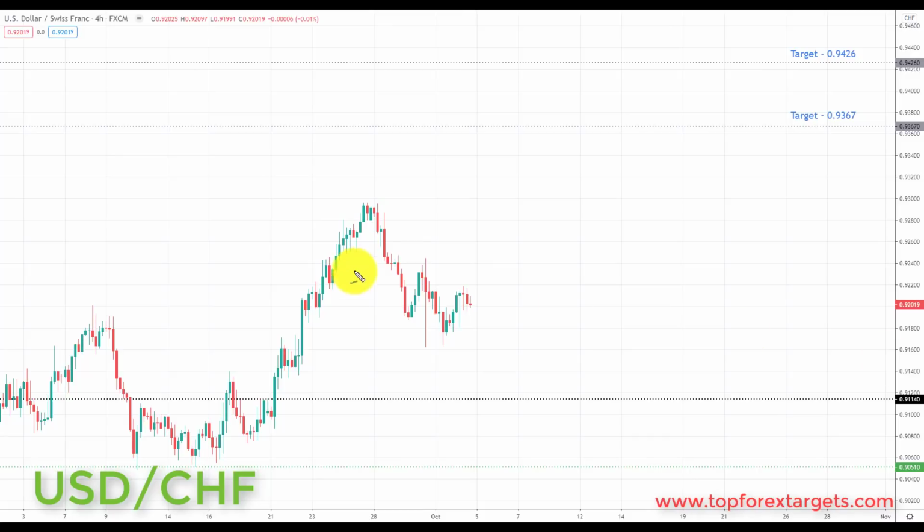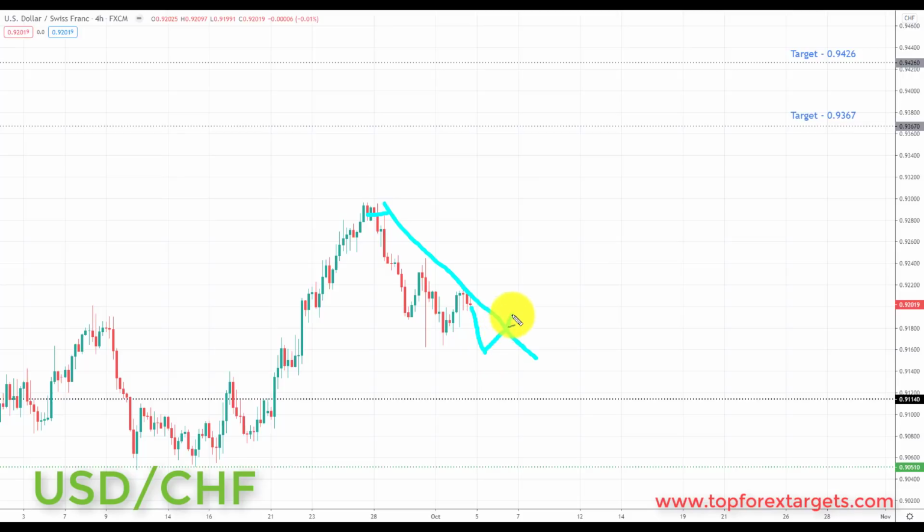The next market we're going to look at is US dollar Swiss franc. Now we started last week right here, and we highlighted in last week's video that we're looking for a pullback towards the 0.91140. We have had a nice pullback now towards this area. So very simply put, going into this week, any further correction is simply going to be viewed as an opportunity to look for bullish setups.